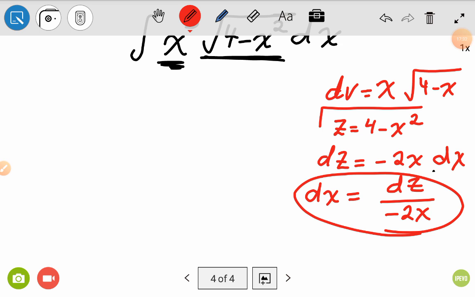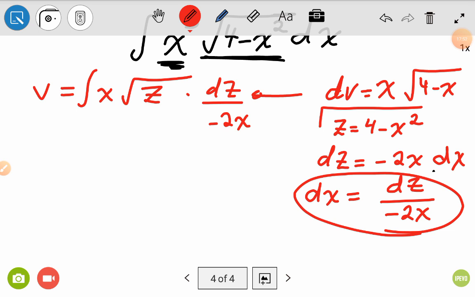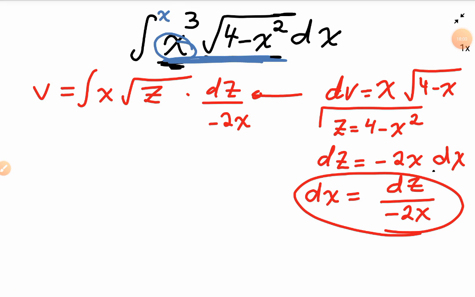And then integrate here the two parts. The integral of dv is v, and the integral of x root, we let all the inner function z, times what is the dx here? The dx is dz over negative 2x, and that's why we rewrite again this function. I took 1x from the x cubed, and still here x squared times x, and this x with the root becomes dv. The integral after that by substitution way,